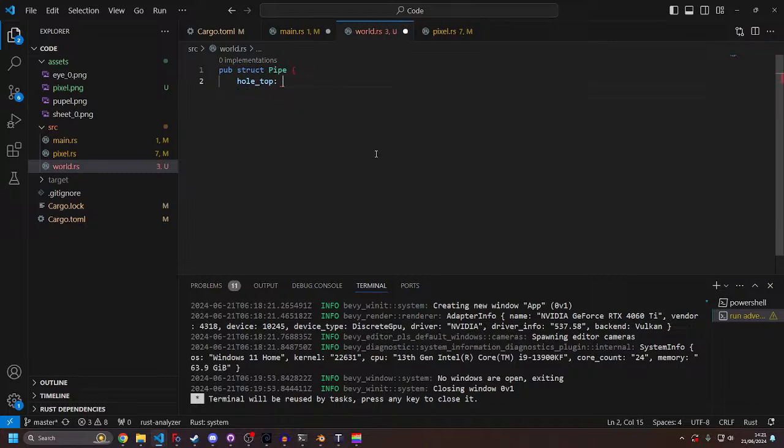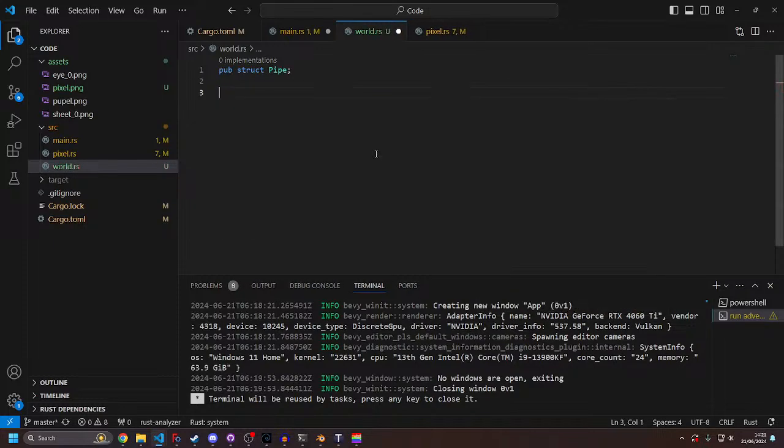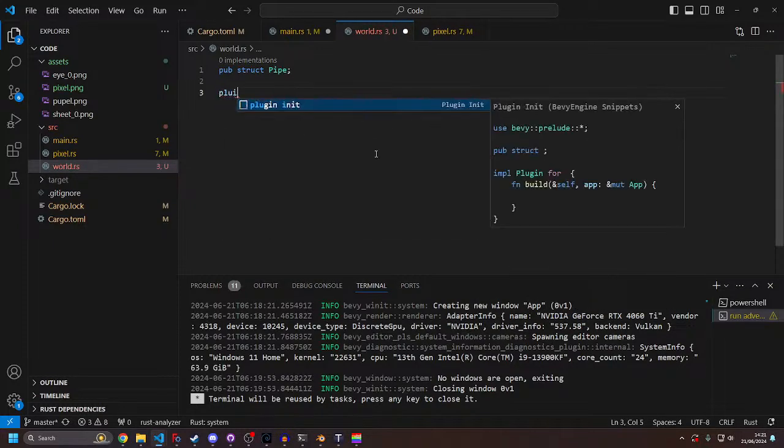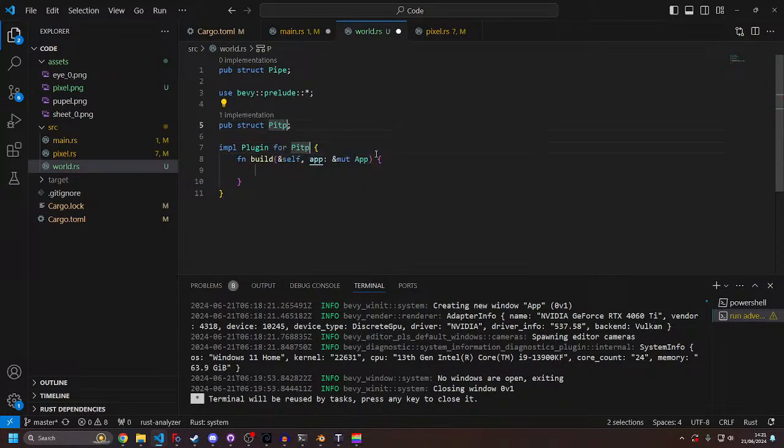I mean, technically, we don't even need this. Just say pipe, and we're gonna go. Probably want to plug in, just because I like keeping the things contained. So this is the pipe plugin. And then the pipe plugin is gonna have, I guess, fn move pipe, which is going to query pipes, which is going to query